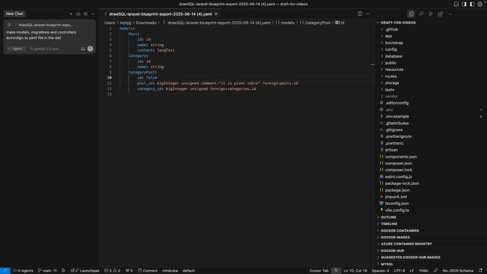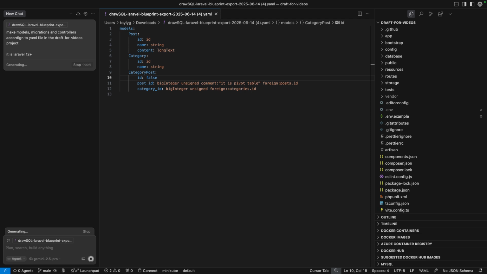In the draft for videos project, you can add your extra comments, Cursor rules, and so on. It's Laravel 12 plus, and we hit enter, and let's see what Cursor does with it.